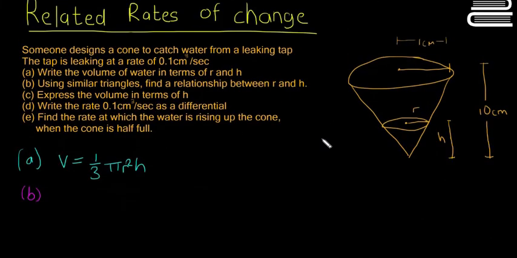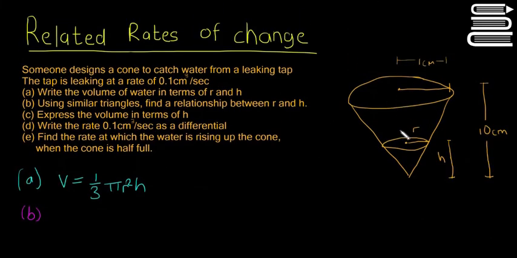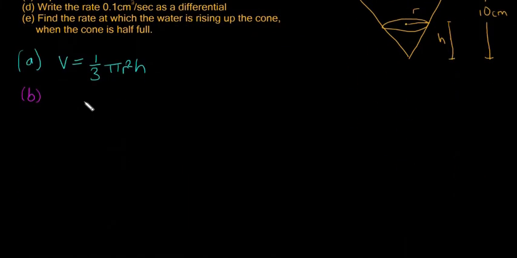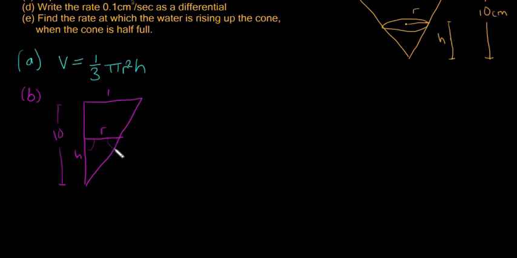So if you look at this cone here, just look at it as a triangle like this, so follow the pen. I'm going to draw this triangle in a second so you get where I'm getting this triangle from. So if we draw this triangle out there, that's inside the cone, we have R here, we have 1, we have H there, and then we have 10 up here. Yeah, so if you remember back from junior cert, you can say these are similar triangles because they have the same angle here and the same angle there. Okay,